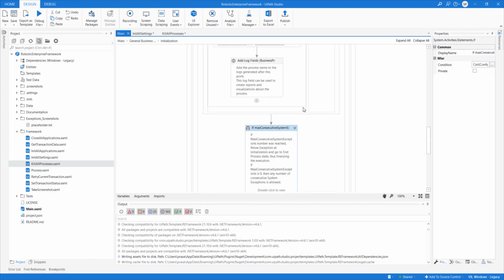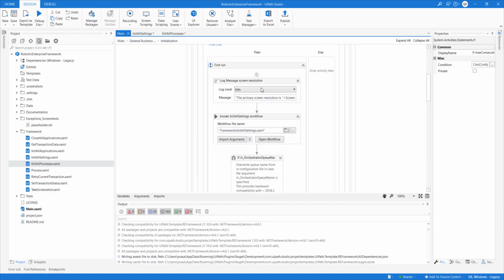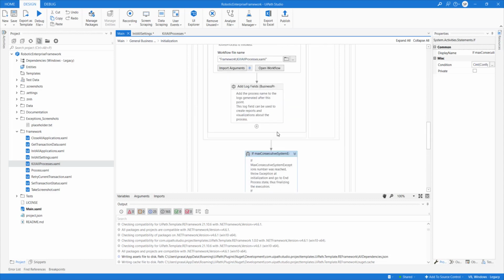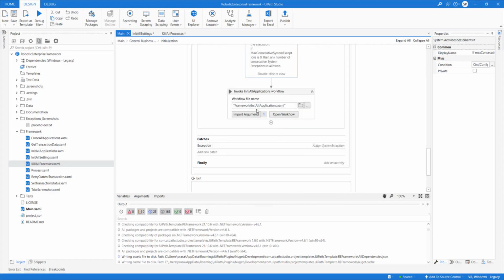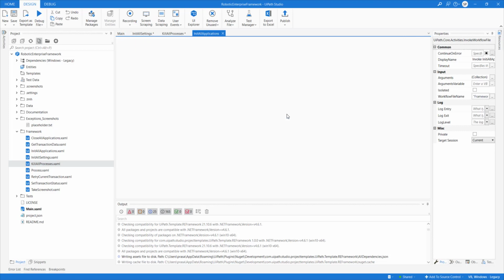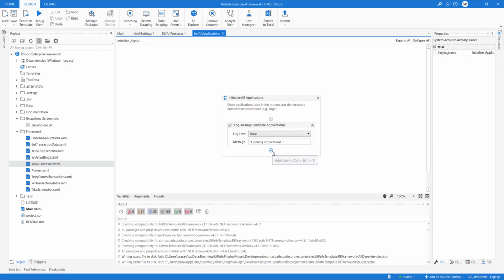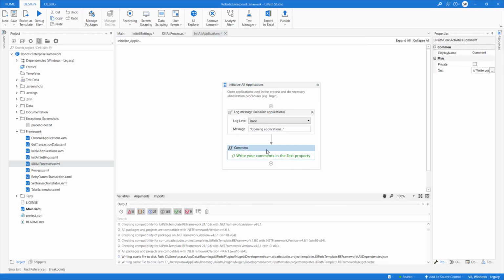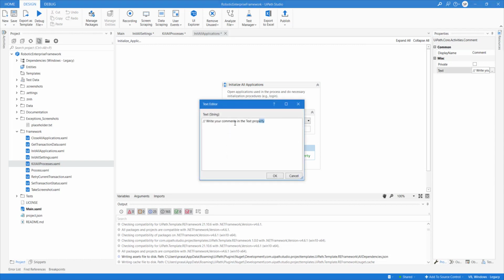And once that is done, once you read the config and close all existing applications, then you will launch all the applications. There is another workflow called init all application, and there you need to write the logic to launch your application. So you will launch SAP here. Say for example, we are taking the example of the SAP application.